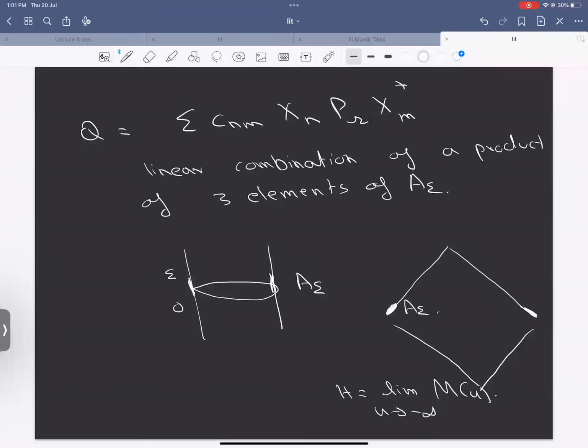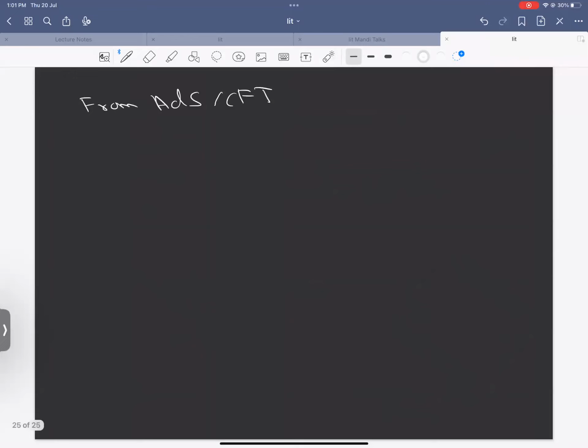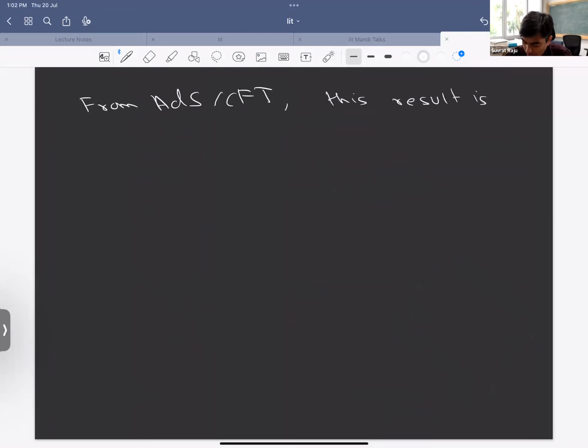Okay. Thank you. So there's a question in the chat. Why is it that the ground state projector is absent? I think it's the same question that was asked right now. From AdS/CFT, this result just seems trivial. What we're saying is that you take this algebra of this time band, and just think of the boundary perspective. From the boundary perspective, this is the algebra of the whole boundary for a time epsilon.